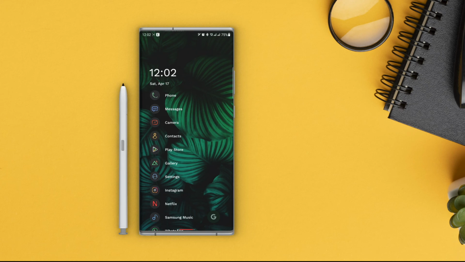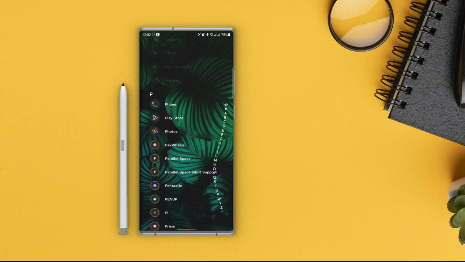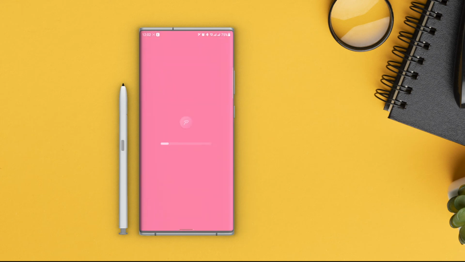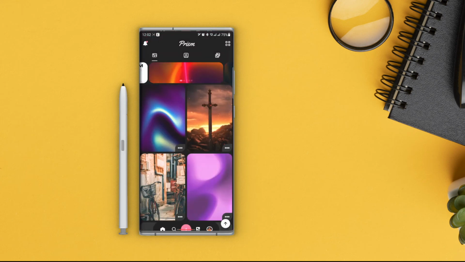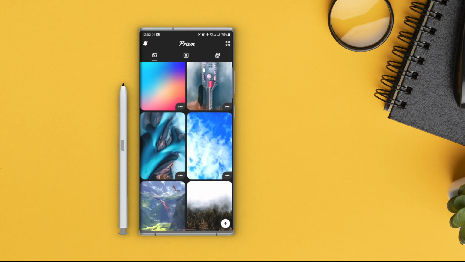One last thing that I want to do is to change the wallpaper. So I'm using Prism app for the wallpapers right now. Let's just open the app. You can explore to find the best one for yourself. I want to use illustrations. Let me find and let's see which one would look better.